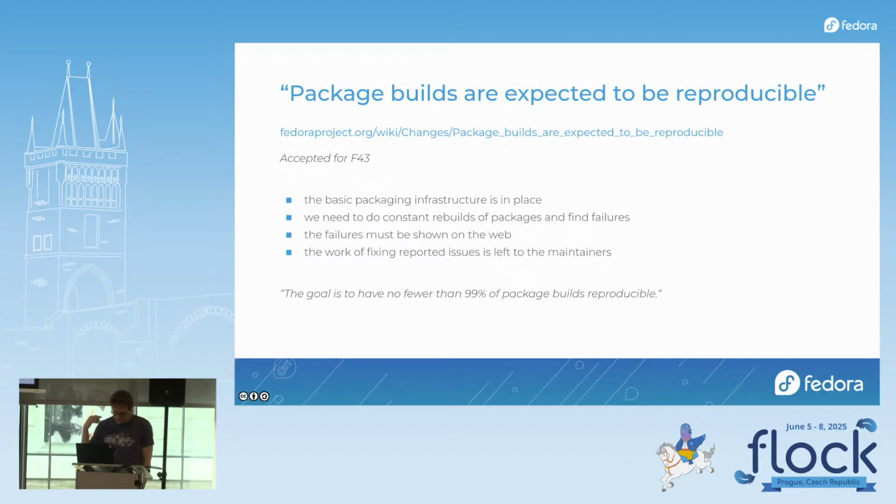So we want to have a web interface where you can check the status of your package, look for other packages that have the same problem, and we want to have a CI-like system that does this,